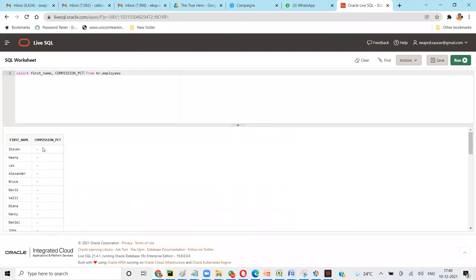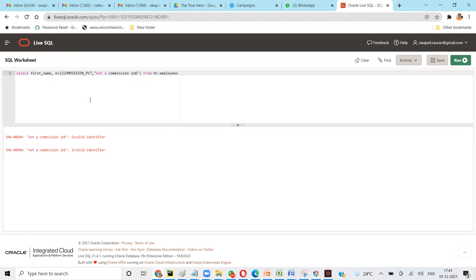But I don't want it to display as null. I want to display it as something else, like some text. So I'll say NVL, commission percentage, comma, and let's say I give text like 'not a commission job', something like this, right?